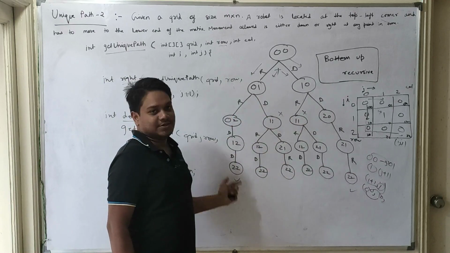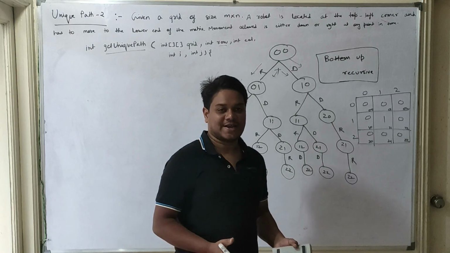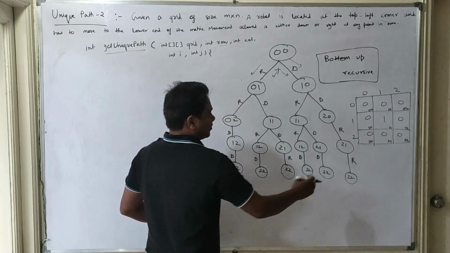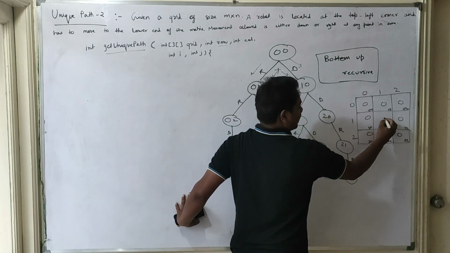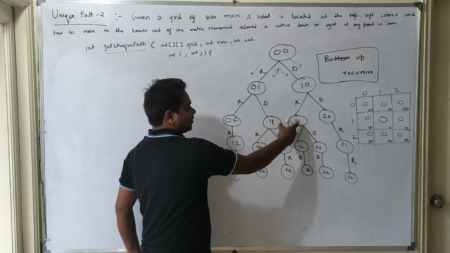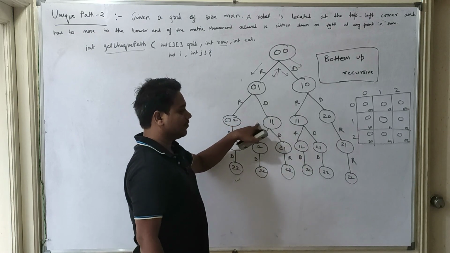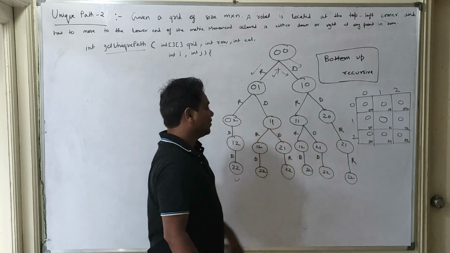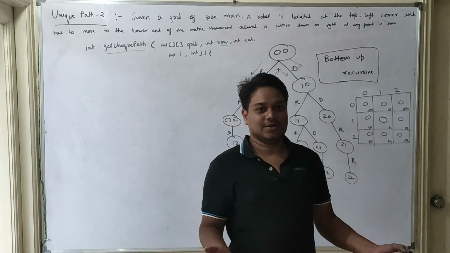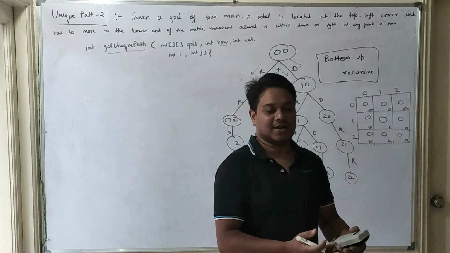So this is basically the recursive solution for this problem. Now in this problem we are trying to calculate a particular subproblem too many times. Suppose there was no obstacle at 1 1, then we would have calculated the solution for 1 1 two times. If we have been given a bigger matrix, we will have too many overlapping subproblems, which will be a problem if we try to solve them again and again.